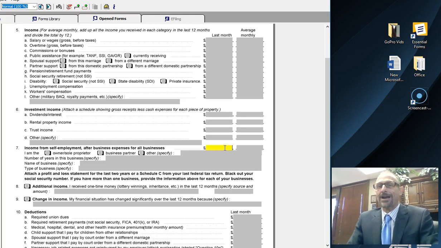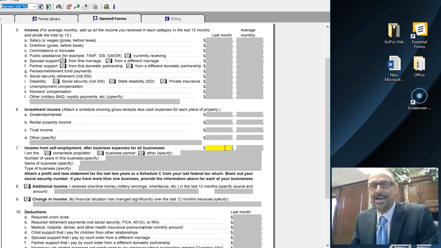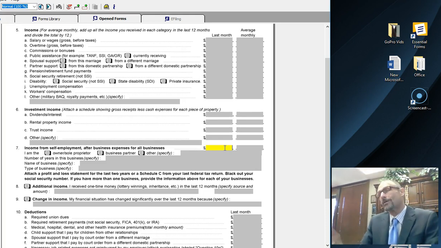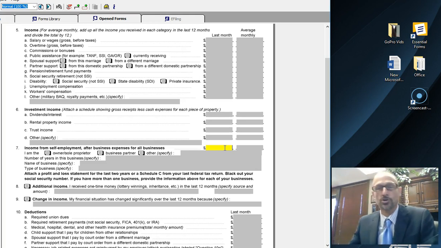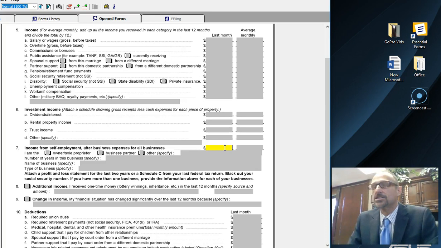You are going to be able to write off your gas, your mileage, a portion of your house payment or your rent because you probably work your business out of your home. You're probably not going to be able to write off the entire car payment because you probably use that vehicle for personal use also. But that's what we're talking about. Certainly any advertising costs,